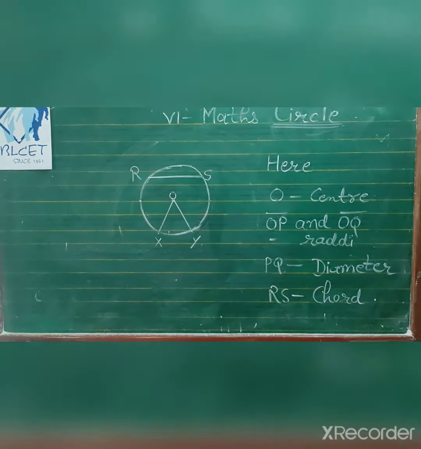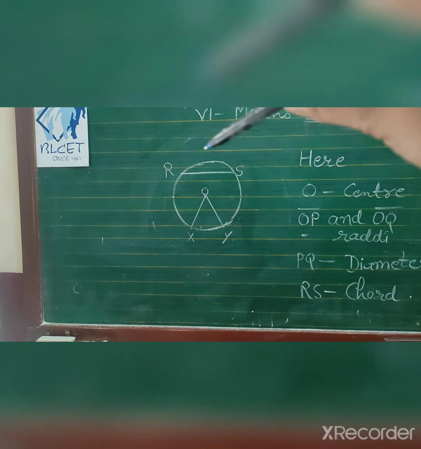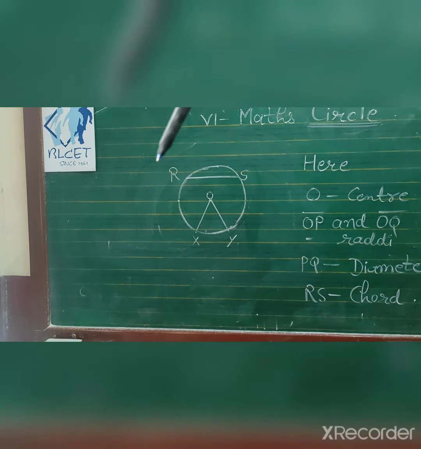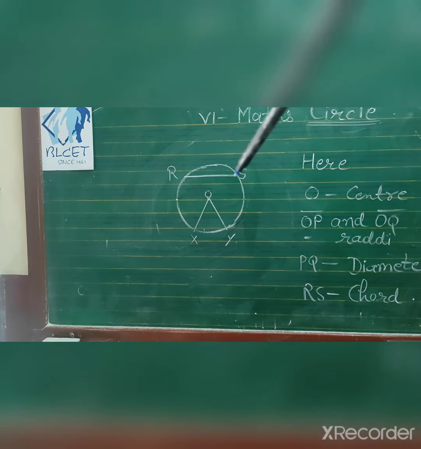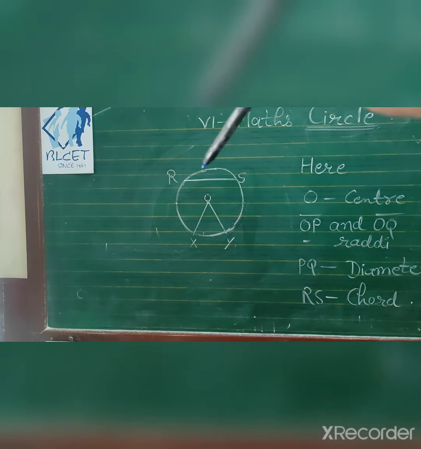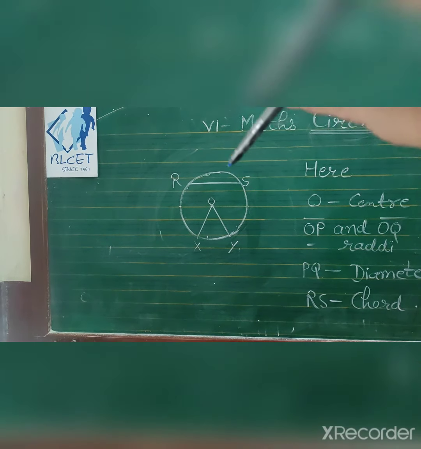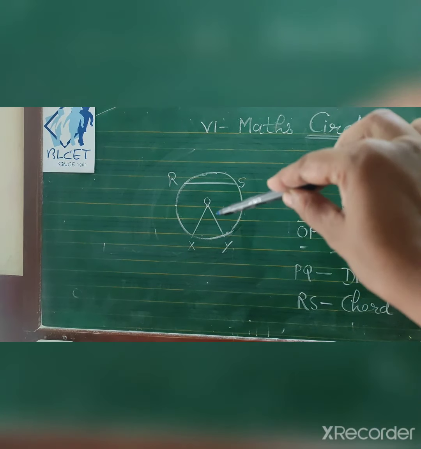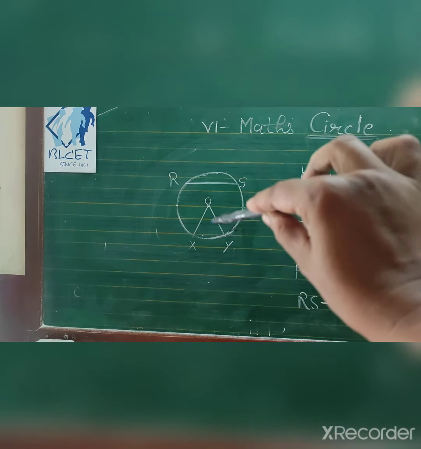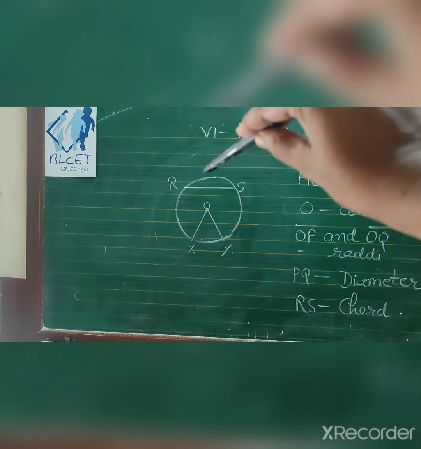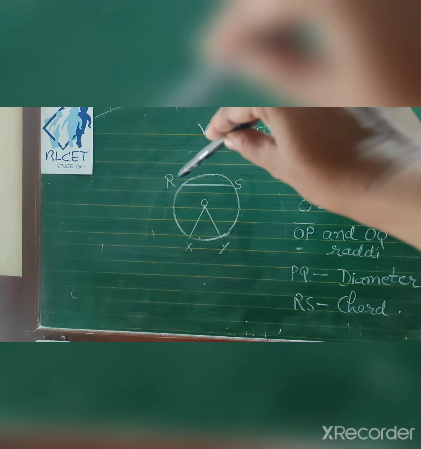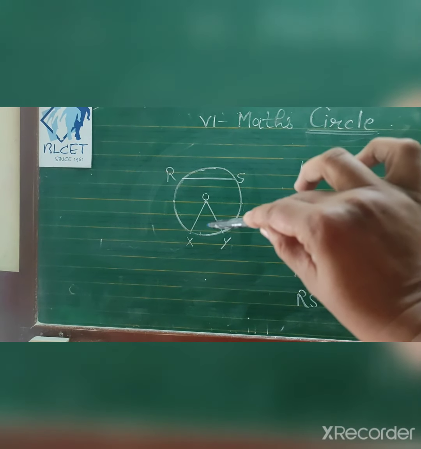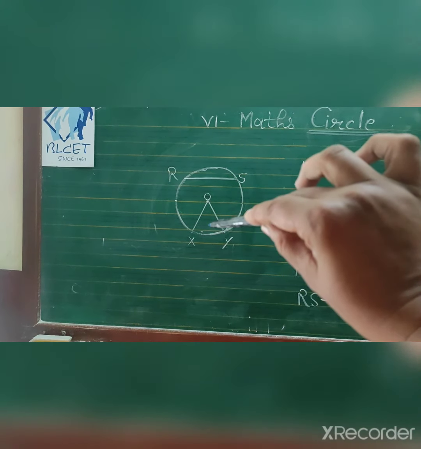Now see in the circle, this is called an arc. Now if this is the chord, then the chord and arc enclose this portion, which is called a segment, and if the arc is enclosed by two radii, it is called a sector. So if a region is covered by a chord and an arc, it is called a segment, and the interior portion covered by two radii and an arc is called a sector.